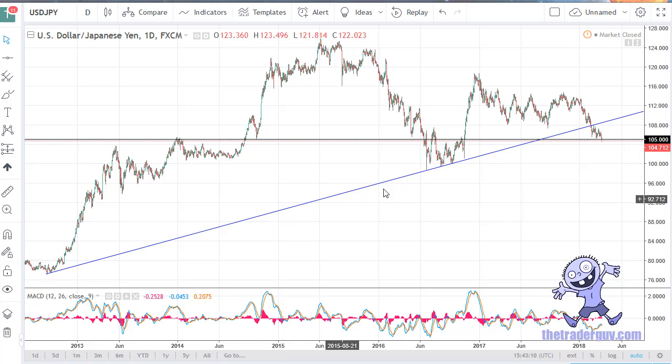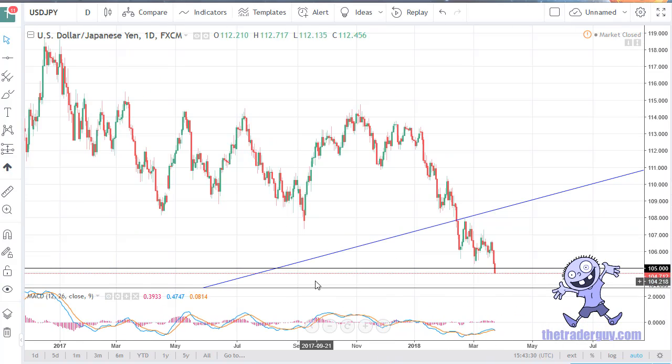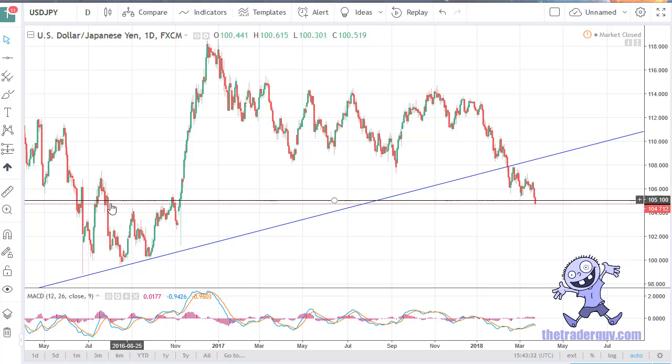At this point, you can see there's a trend line that goes back to 2012, so it's a pretty significant trend line. It was tested here in 2016 and confirmed, and we bounced significantly. So breaking down below there was a big deal. 105 being support as it was previous resistance was a big deal. So you can see as I zoom in that that close on Friday below 105 certainly was a negative turn